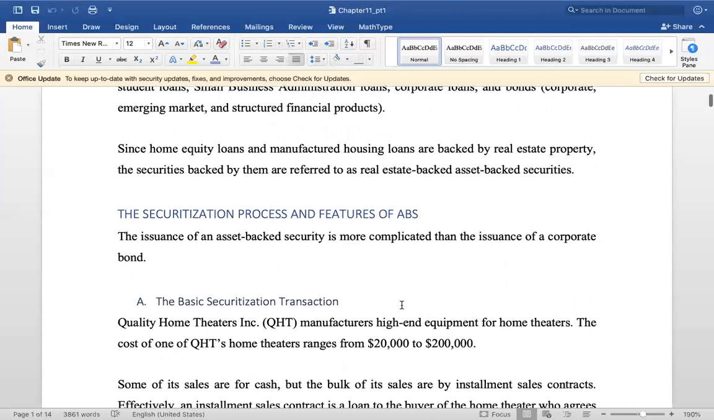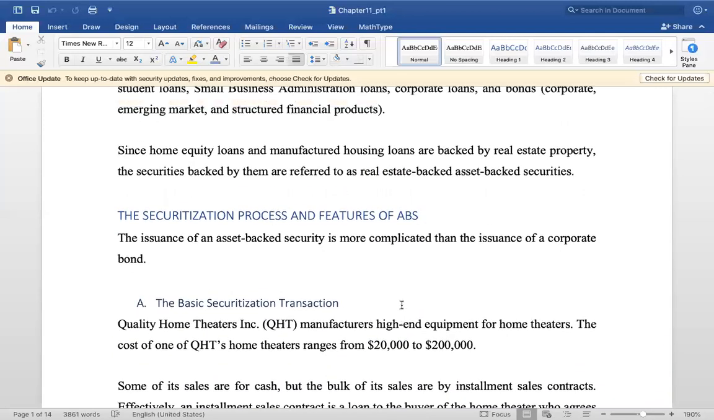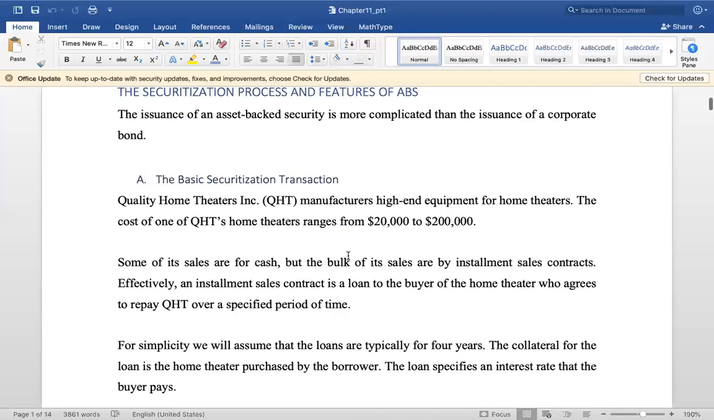The securitization process and features of ABS. We will start from the ABS. The issuance of an asset-backed security is more complicated than the issuance of a corporate bond. Why? Let's see why. The basic securitization transaction. Let's take an example and continue it to understand the ABS and the securitization process that involves the issuance of the ABS. Let's assume that there is a company called Quality Home Theater Incorporation, which manufactures high-end equipment for home